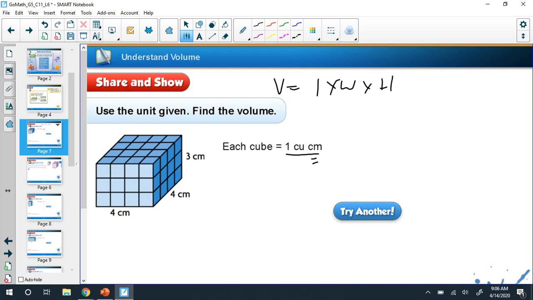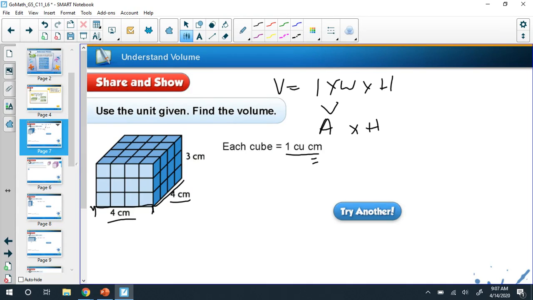Hopefully what we can see from this is the fact that length times width is the same formula that we used back when we were talking about two-dimensional shapes to find area, right? So remember, if we were trying to find the area of a square or a rectangle, we'd multiply its length times its width. So we can think of volume as the area of one of our bases times the height of our rectangular prism. So if we take a look at this one, the base of this is 4 centimeters across